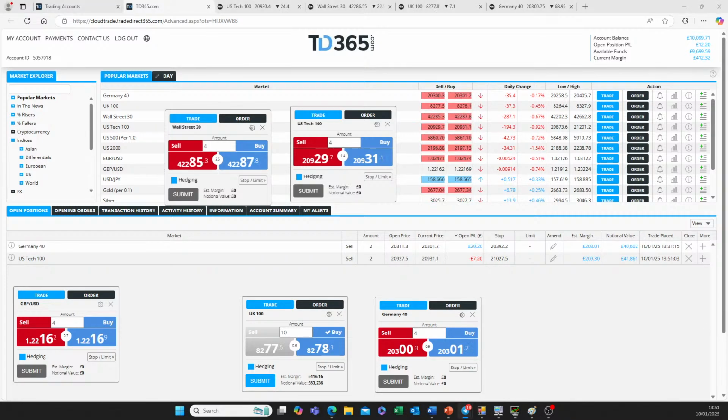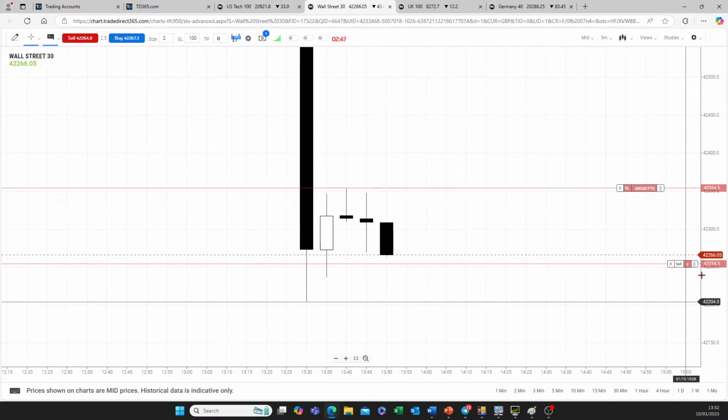So NASDAQ triggered, I'm doing it in smaller size. And here's what it looks like in the Dow.